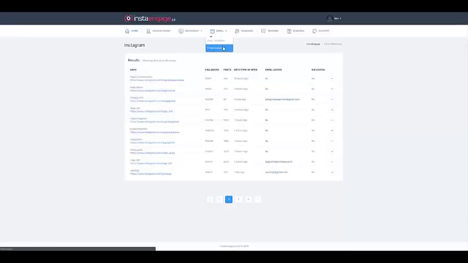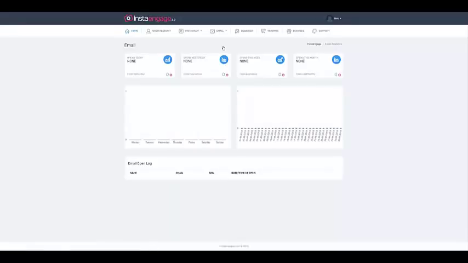Then on the flip side of that, we also have the email analytics. Now this will track whenever an influencer opens up your email, so you can see which influencer has read your email, which ones you need to follow up on, when you can expect a reply from any given influencer that you message. So that's a pretty brief overview of the